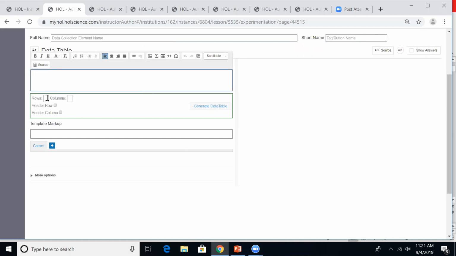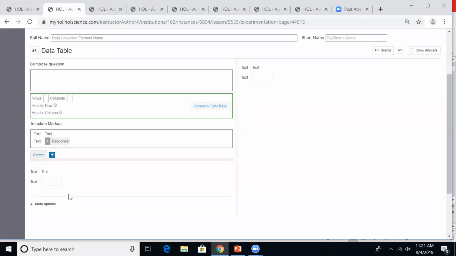And then here is the ability for you to add the number of rows and columns, as well as any text that goes along with it. So if you make a blank table, you click on this button to generate it, and now it will create this. So now you have the ability to edit this text as 2 different rows and columns for that,